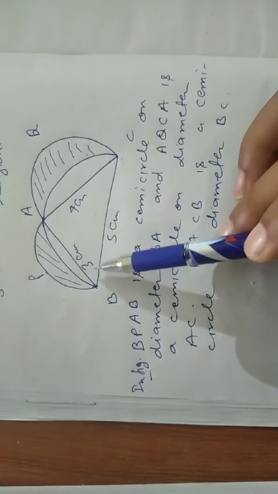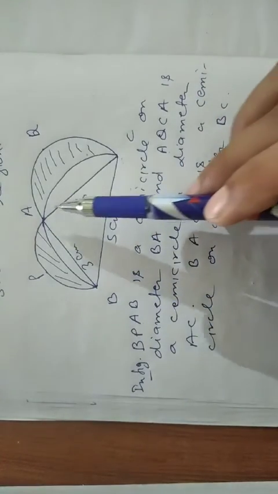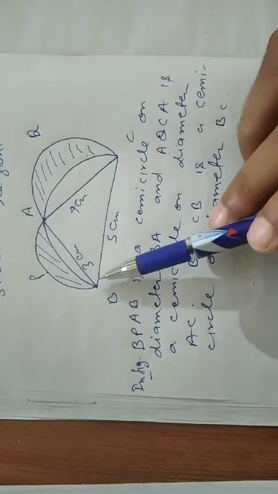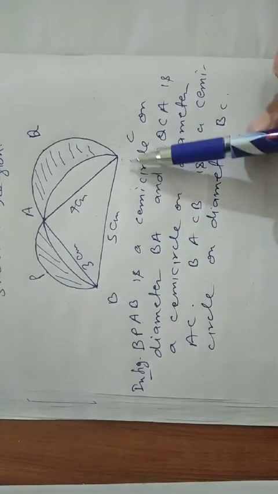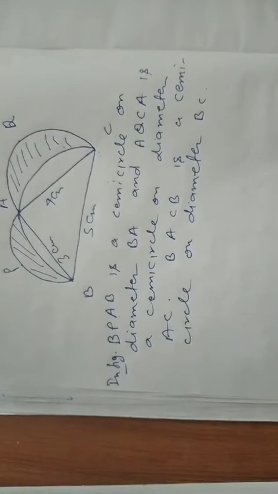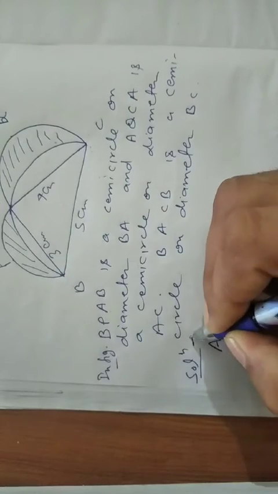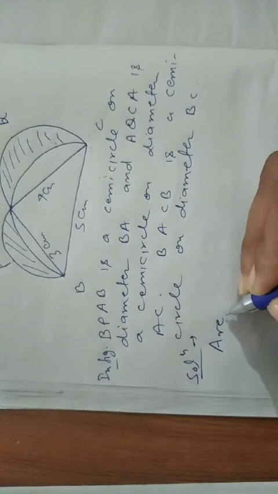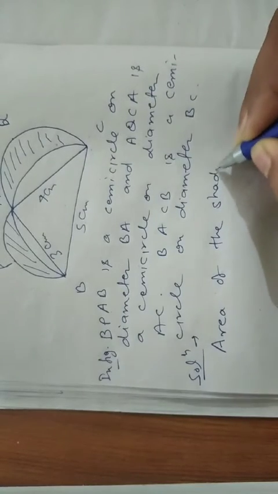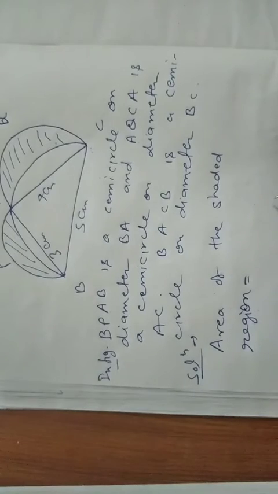ABC plus area of semicircle BPA plus area of semicircle AQC minus area of semicircle on diameter BC. So, area of the shaded region. Solution. Area of the shaded region is equal to